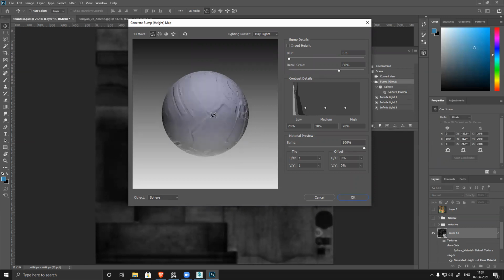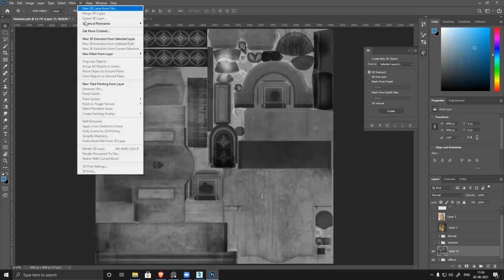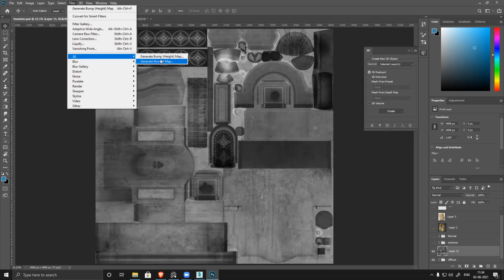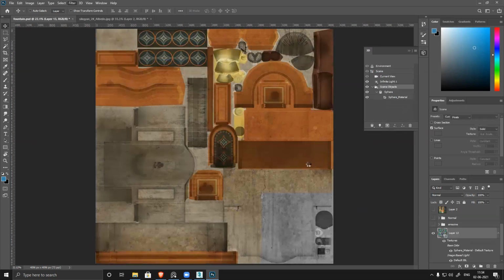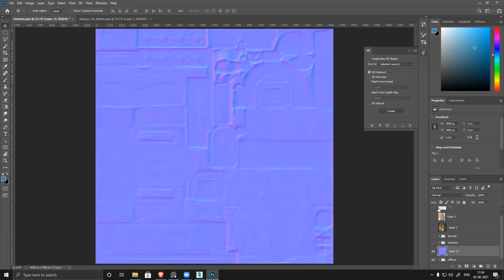It's creating height map, yes. No, not all. So I'll just change this to 3D normal map. It will generate a normal map based on the diffuse.